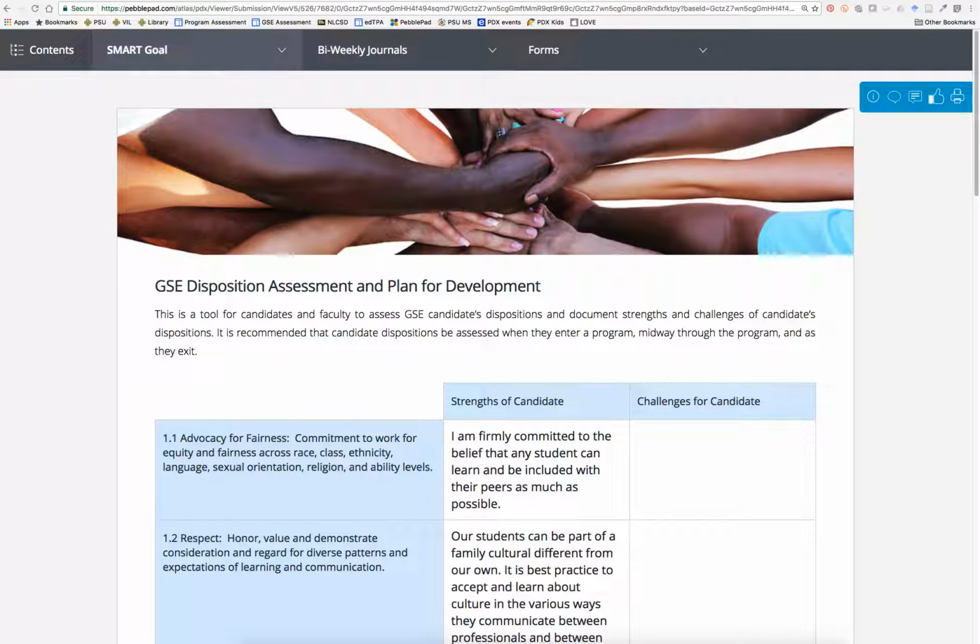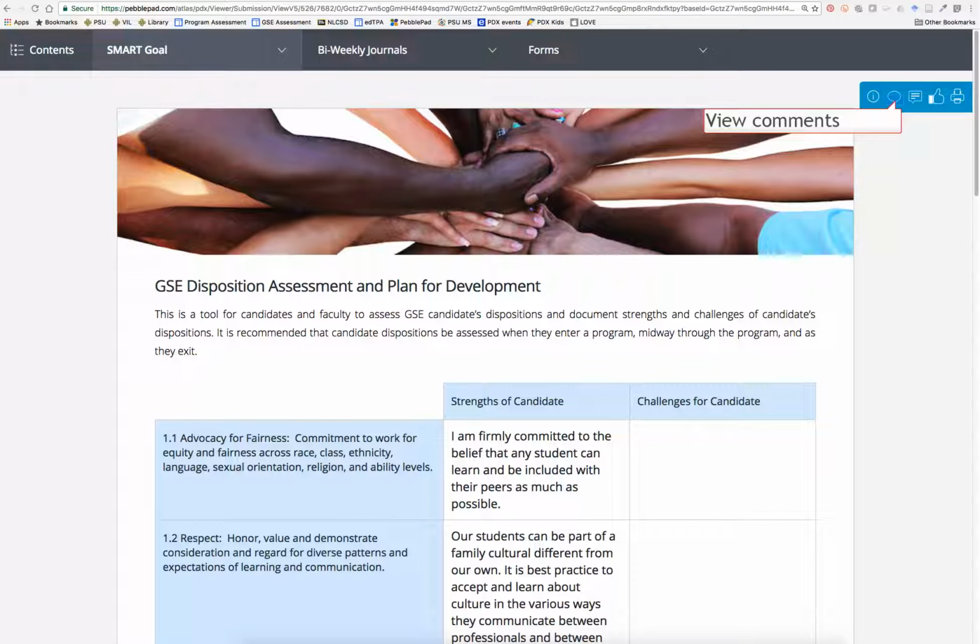This is the last short video on PebblePad, and this one provides an overview on how to give some feedback on a particular page within a workbook. So over to the very far right hand top corner of the workbook there's a series of icons, and